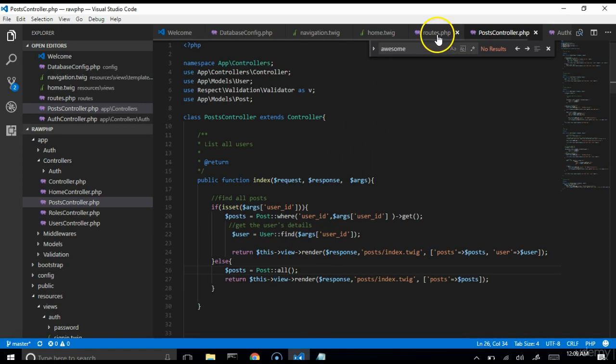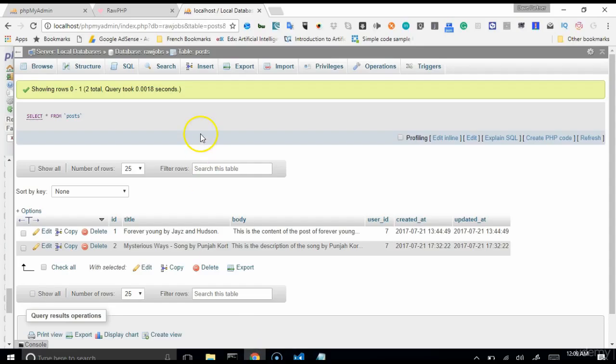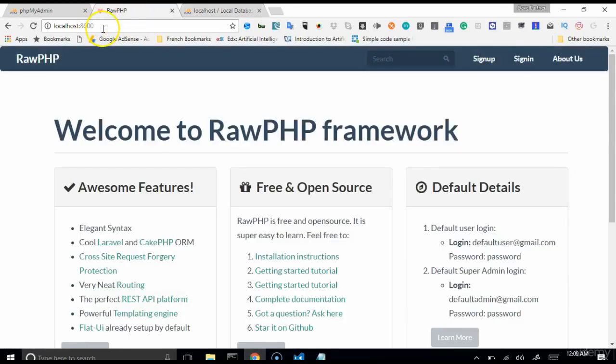So what we did in the route file was simply change this to PostIndex. Alright, so we made this posts controller posts.index. That's the name of the file. So every route has a name. So the name of this route is post.index. So if we go to our raw PHP application now and visit this home page,